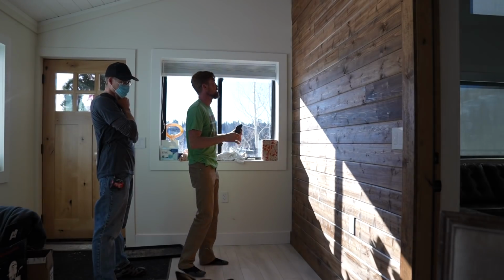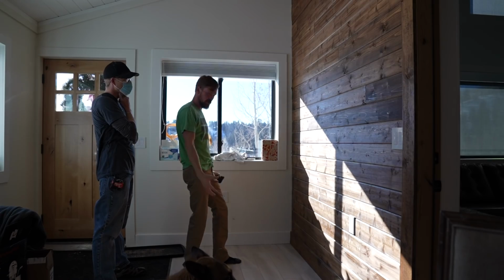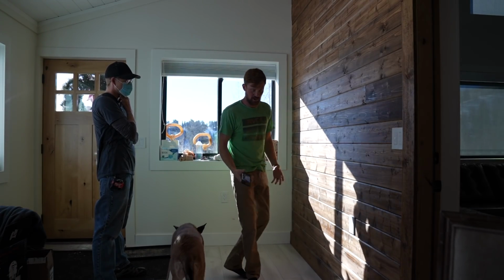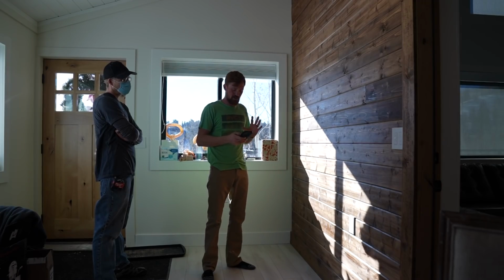Trying to determine how big the cabinets need to be, how we're going to support them, which ones are going to have doors, which ones are going to be open cubbies, how we're going to join everything together, the colors that we're going to use. It's basically just a giant nightmare. And we're trying to be very strategic about the way that